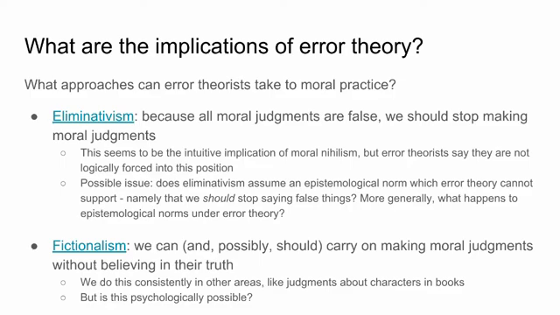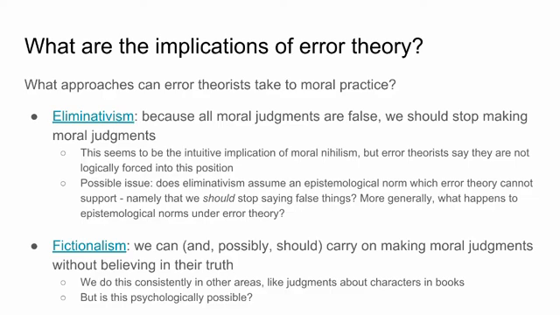But error theorists do say that they are not logically forced into this position. That's for a number of reasons, including some things we'll think about on the following slides. One possible issue I want to highlight is whether eliminativism assumes an epistemic norm, which error theory actually can't support. I mean, eliminativism, in its most plausible or strongest form, says we really should stop making moral judgments because we should not be saying false things. But that is a normative claim that certainly can't be backed up by any objective moral values per error theory. So you kind of wonder where the normative force of this claim that we should stop engaging in moral judgment